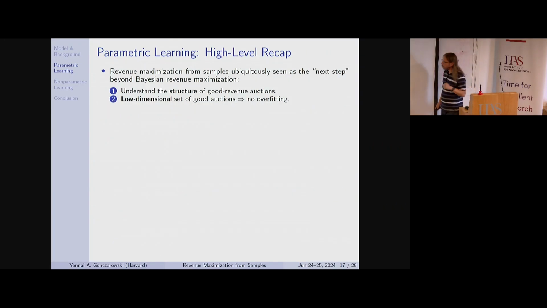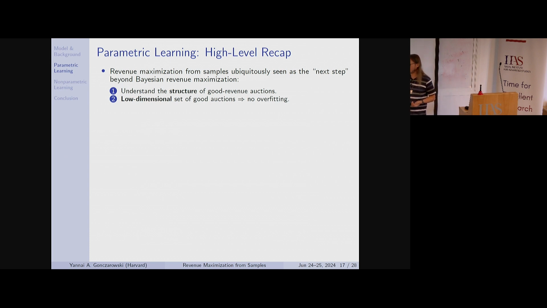So the high-level recap: we talked yesterday about taking a parametric approach. We said that we're going to get a good result by optimizing over a family of auctions that are well structured, because of Moshe's beautiful result that says that if we maximize over separate selling and bundling mechanisms, the best out of all of these is going to guarantee a 1/6 fraction of the optimal revenue.